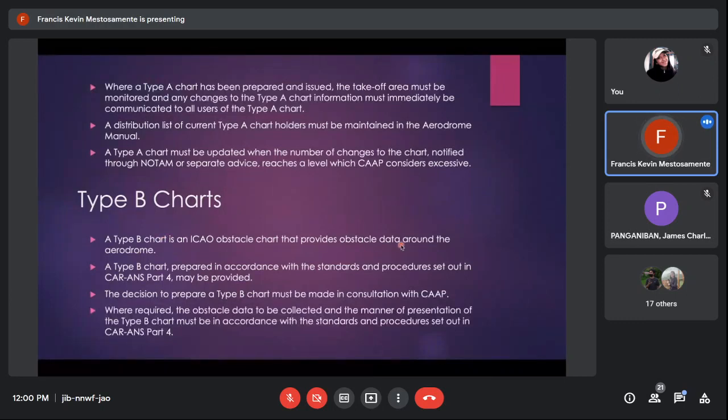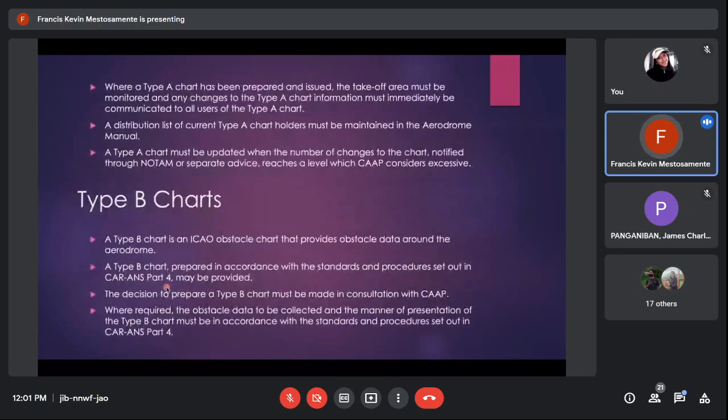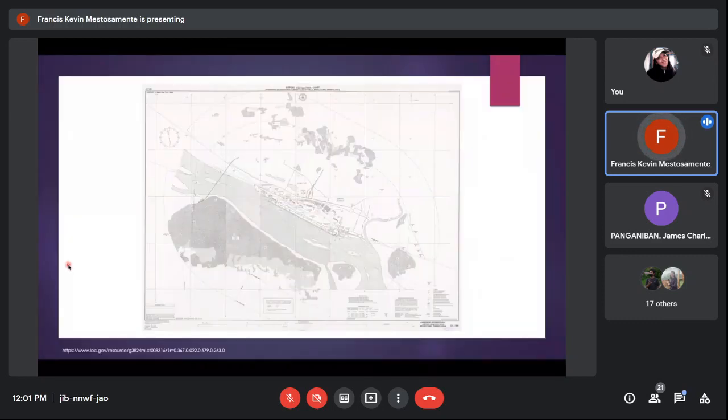It provides obstacle data around the aerodrome in accordance to the local authority under CAR ANS Part 4. Type A and Type B chart. So yun lang ang main difference. Type A is for international within 10 km and Type B is the more generalized type. For the chart itself, I have tried to find an example for it within the country, pero hindi ako nakahanap. However, nakahanap ako ng lumang